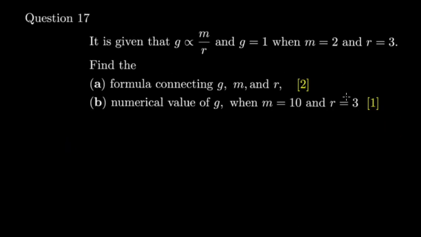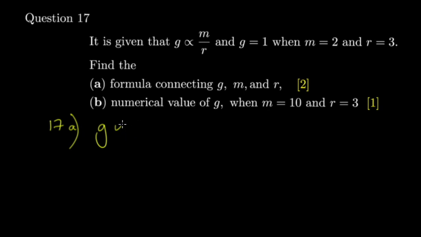Let's move to question 17. Question 17 says it is given that G is proportional to M over R, and G is equal to 1 when M is equal to 2, and we saw the given conditions. The first question says find the formula connecting G, M, and R. So what you do is you first